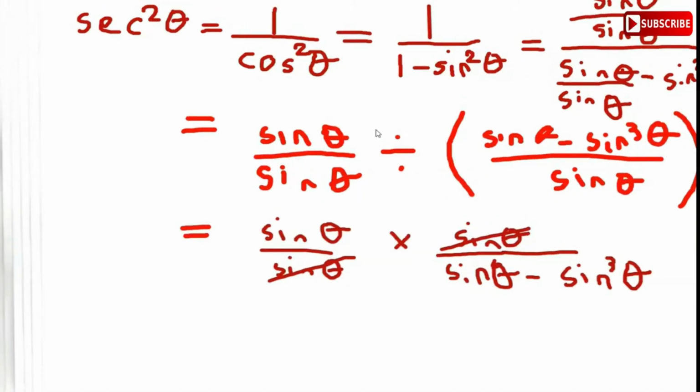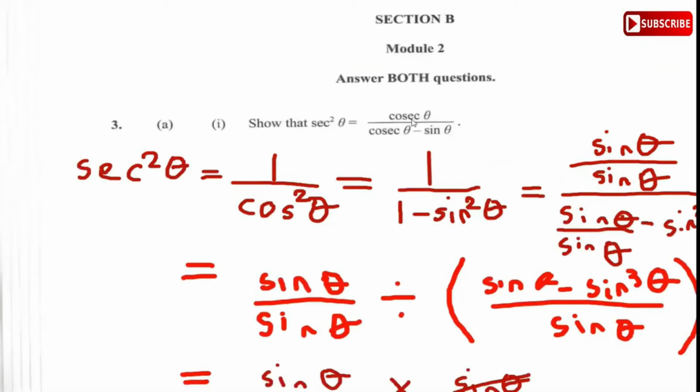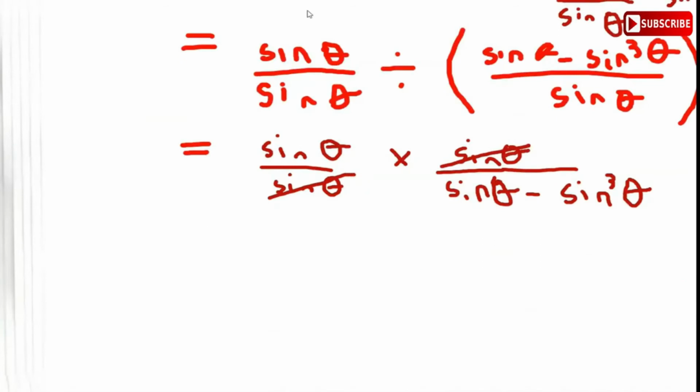Let me see. Cosec minus sine. We know that. All right. Cosec over cosec minus sine. So we're trying to generate that. Let's see now. You don't want to have sine theta over sine theta minus sine theta minus. All right, so I'm going to rewrite this now as sine theta times 1 over sine theta minus sine cube, which I can write as 1 over sine theta